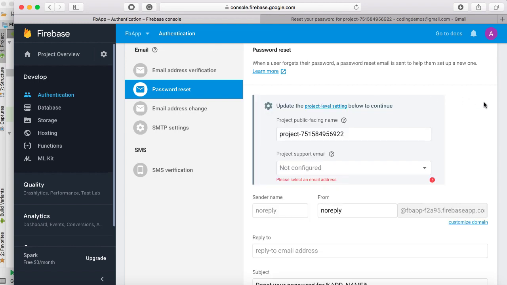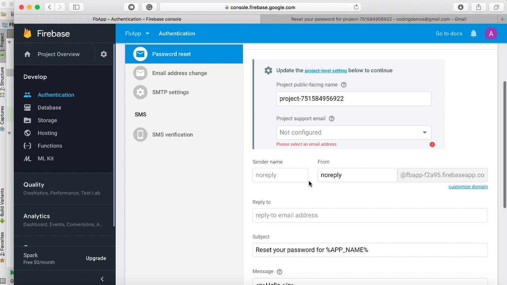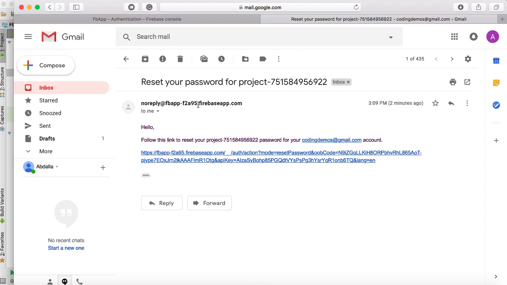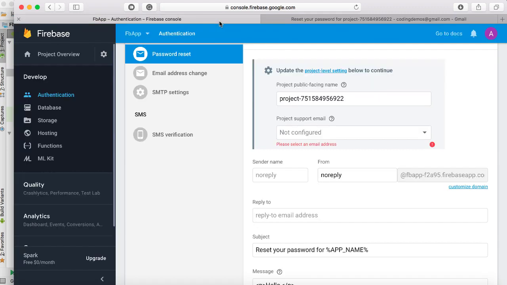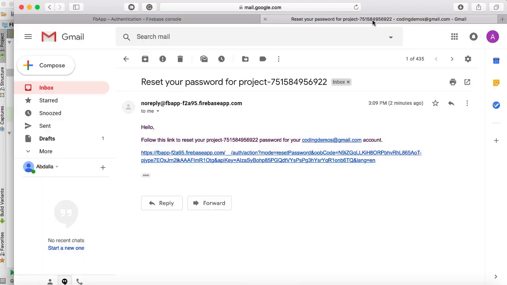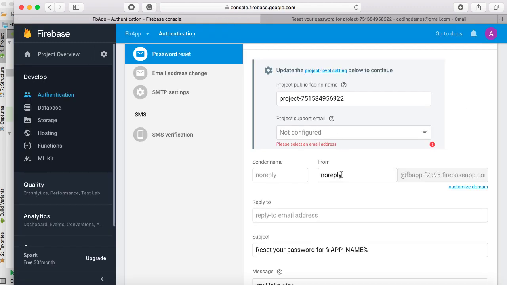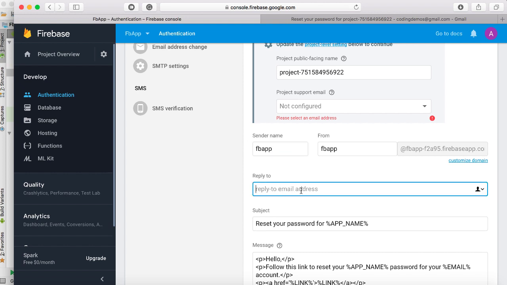I click on the pencil here, and I'm going to change, for example, this from tab. So by now it's showing reset password. So let's go back, no reply. From no reply, let me change that to Firebase app, and then the sender, let me use the same thing, Firebase app, reply to the email address. Let me use my personal email address,